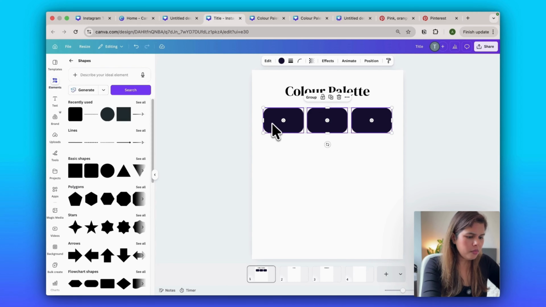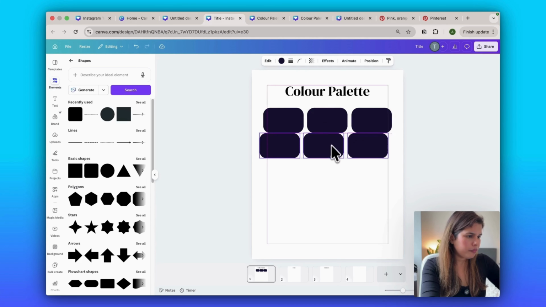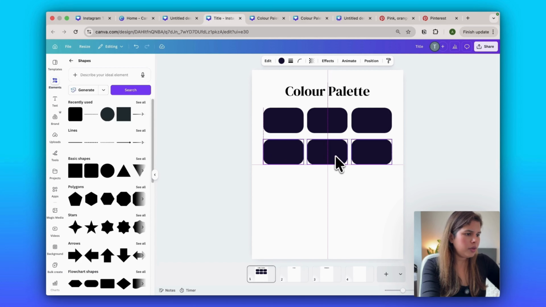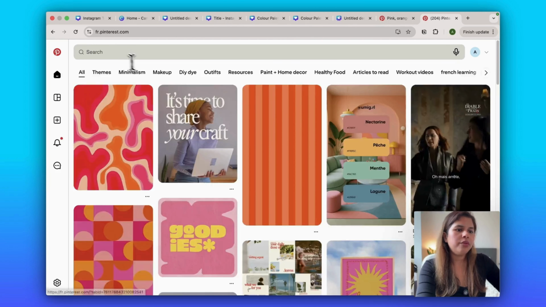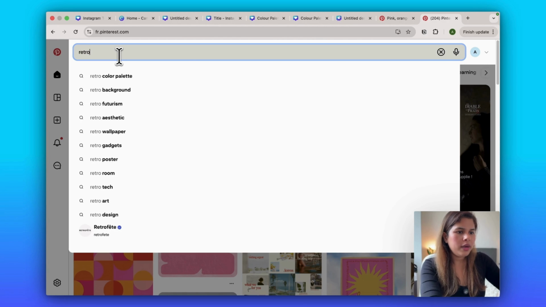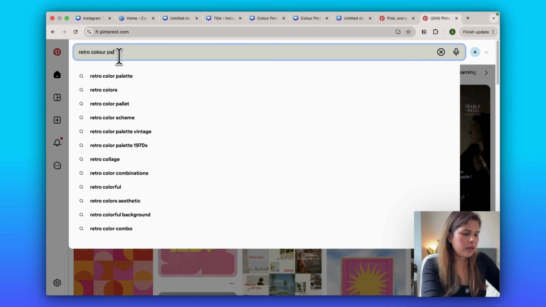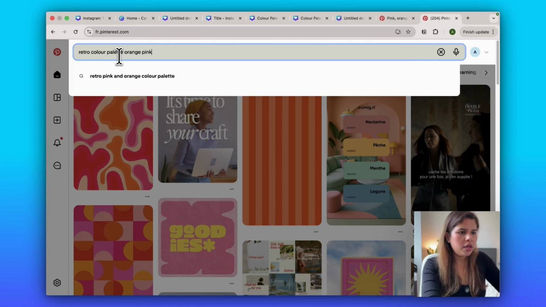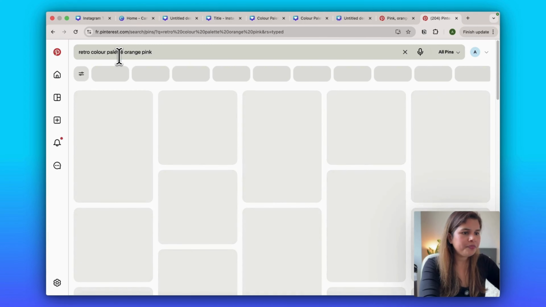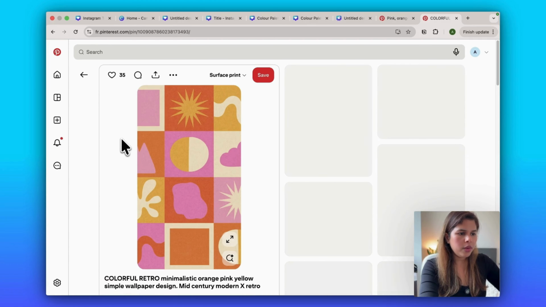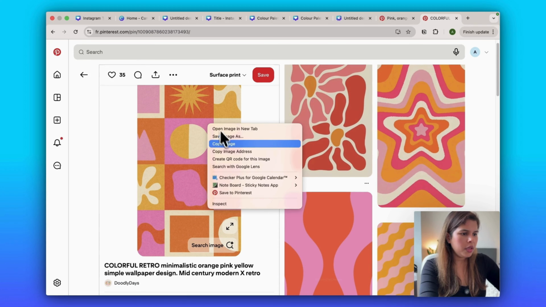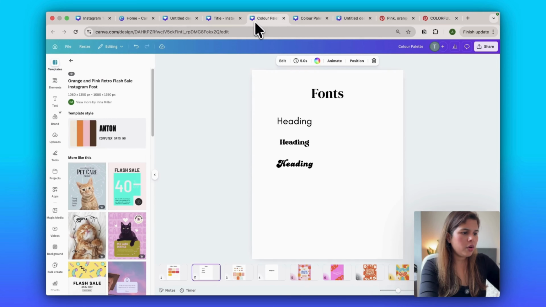I will select all of them, then I will Command C, just copying, Command V, paste it, then I will try to align it in the center again. And now I'm gonna go and pick some inspiration from Pinterest, and generally I would go here and write retro color palette, orange, pink, if you have some idea of what colors you're looking for. And yes, here you go. So here, open the one that you like. I really like this one. Right click, copy your image,